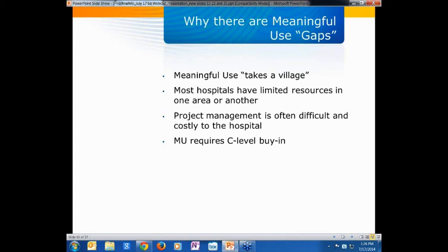These folks are not only committed to their primary roles, but now they're being asked to take on this team and participate in rolling out meaningful use. And most importantly, meaningful use really requires buy-in from your C-suite. If that buy-in is not there from your executives and from your governing board, then rolling out meaningful use can